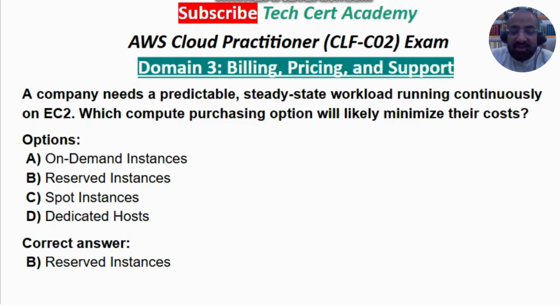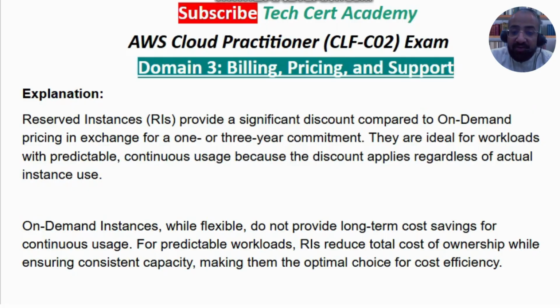Reserved instances. Explanation: reserved instances, RIs, provide a significant discount compared to on-demand pricing in exchange for a 1 or 3 year commitment. They are ideal for workloads with predictable continuous usage because the discount applies regardless of actual instance use. Unlike spot instances, which can be interrupted, RIs guarantee capacity and pricing stability. Reserved instances also offer flexibility options, including convertible RIs, allowing changes to instance families, OS types, or regions without losing